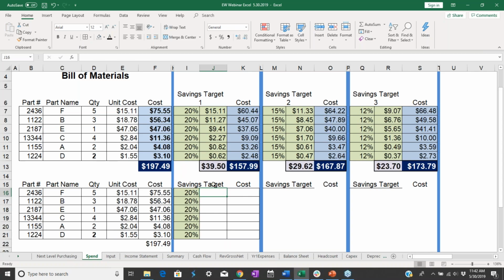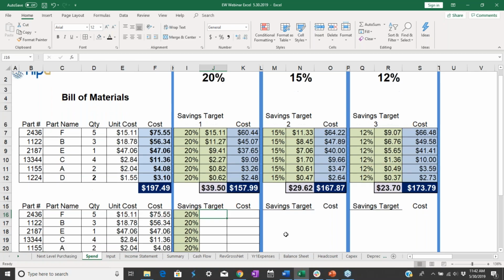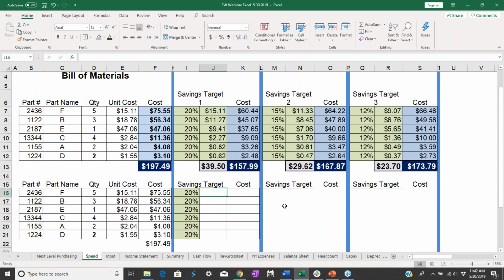We want to see cause and effect, and this is why understanding the bigger picture is so important: looking at the fiscal data points the same way that the CFOs and the people in finance look at the fiscal data. So with that said, we're going to plug in the formulas here. If you're looking at a 20% cost reduction on part F, then